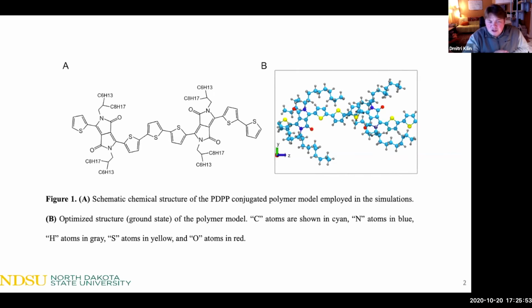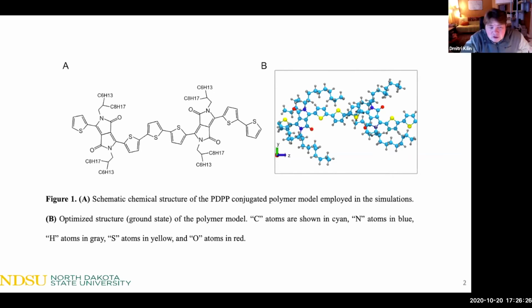I do not have positive knowledge, it's only intuition, but it reduces the strain. If you have all the sulfur parts of the thiophene on the same side, it will make the molecule bend and create additional strain. If they are flipped in the opposite direction at each bond, it has much less strain and looks more linear. So it's mostly for computational purposes, because